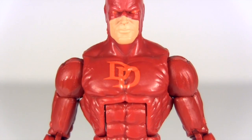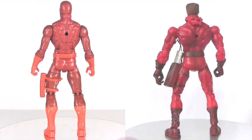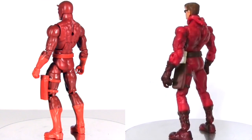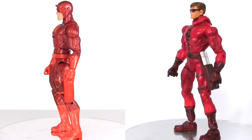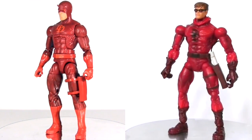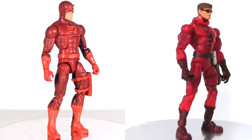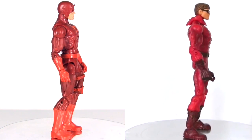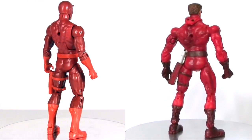The boots, gloves, belt, leg holster, chest symbol and eyes are all of a more vibrant red colour, yet as we compare it to the Marvel Legends Face-Off Daredevil by Toy Biz, this one being the unmasked variant, we can see it's an inverse of those colours, so that Hasbro's new one is predominantly darker, whereas Toy Biz's older one is predominantly brighter, and I think that inversion creates an atmosphere better suited to the broody nature of the